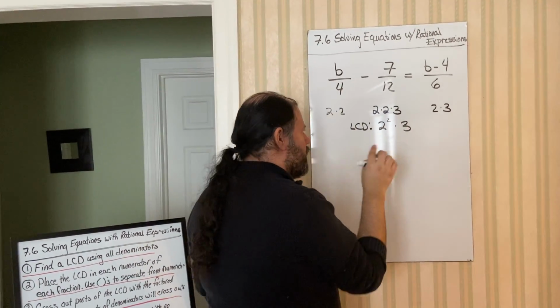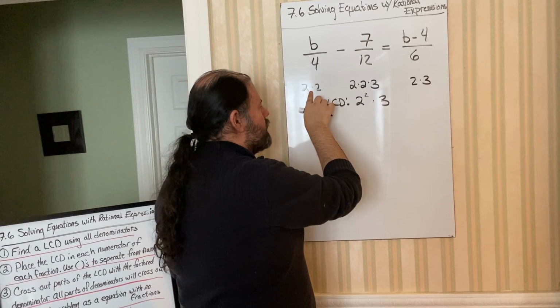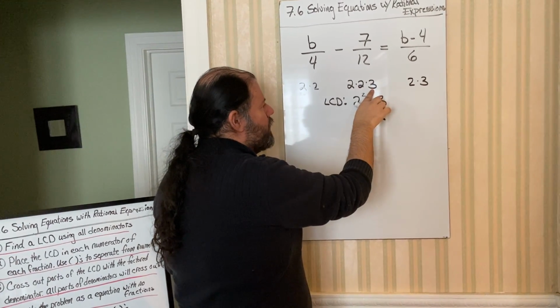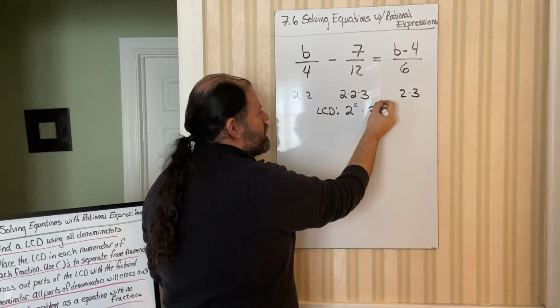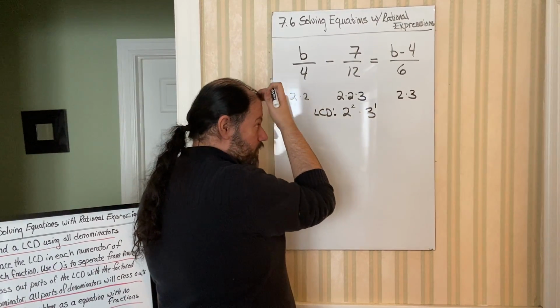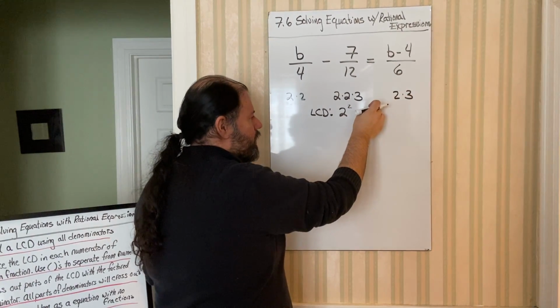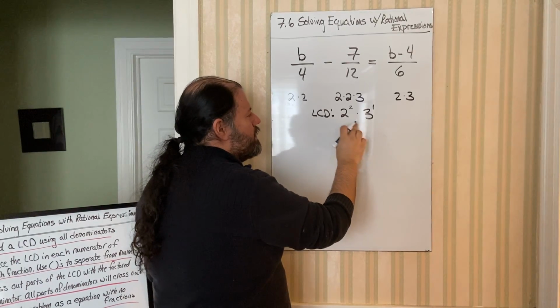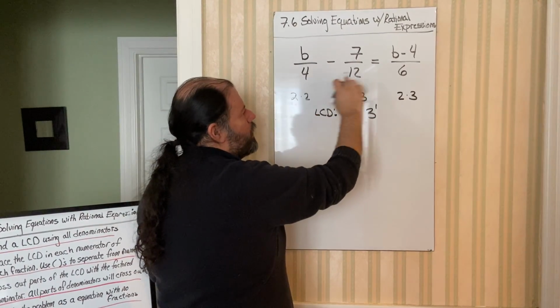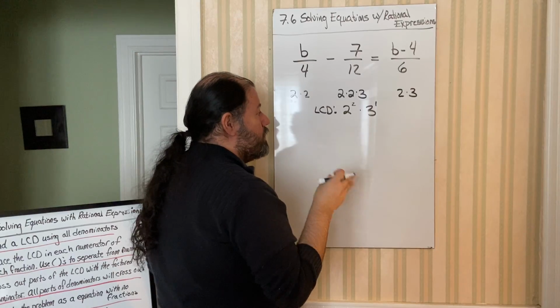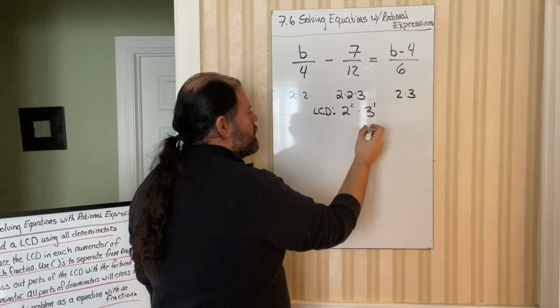Okay? When we do the 3's, we're going to look at each one. This one's 0, this one's 1, this one's 1. So then the highest amount, 0 versus 1 is 1. So our LCD is going to be basically 12. Now, once we find our LCD as 12,